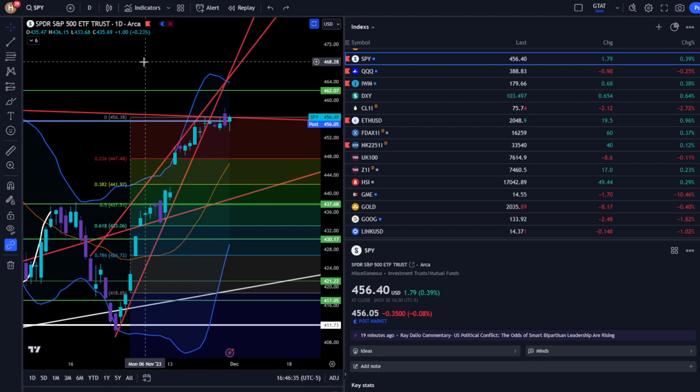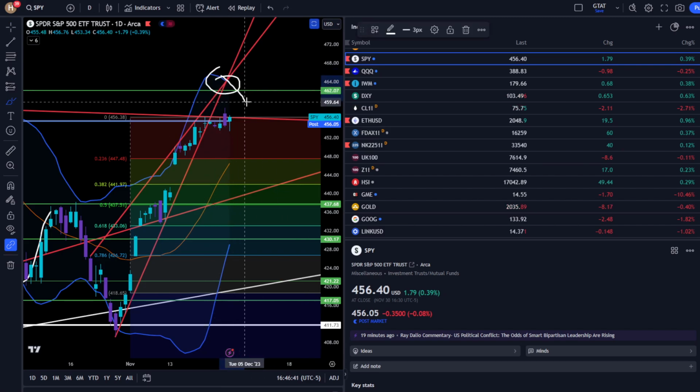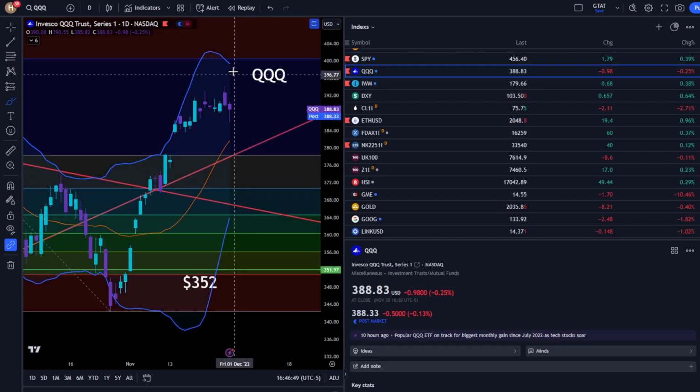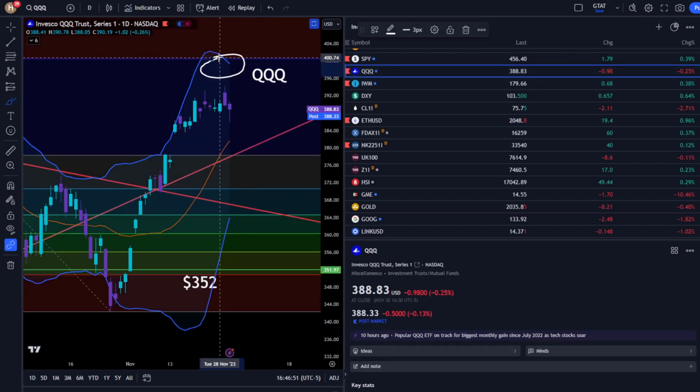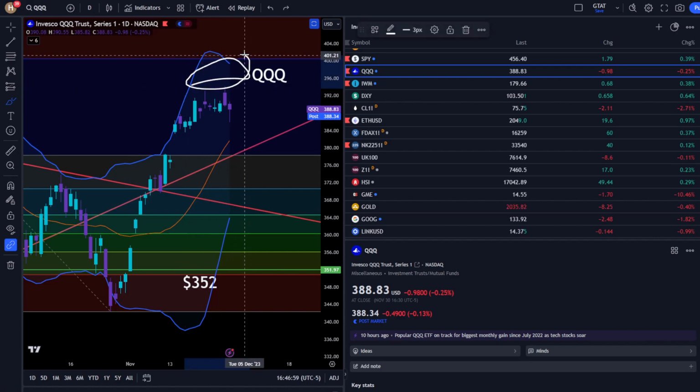But before I continue about that, what we need to look at is the Bollinger Bands. The Bollinger Bands are starting to point lower. The upper Bollinger Bands are starting to point lower, which means that there's not that much more downside, algorithmically. Same concept for the NASDAQ. You can see that the NASDAQ's Bollinger Bands are pointing lower, so they're trying to put a cap on the upside movement, especially as we're very close to the highs here,